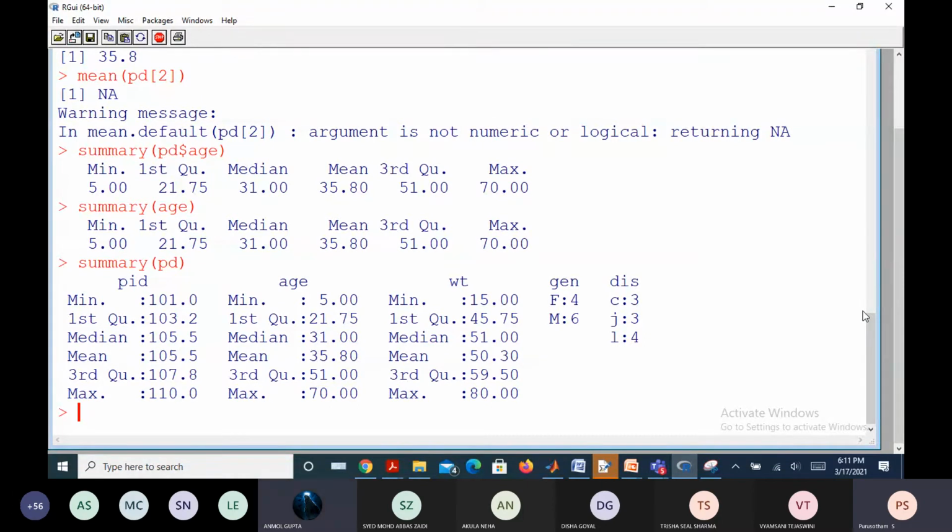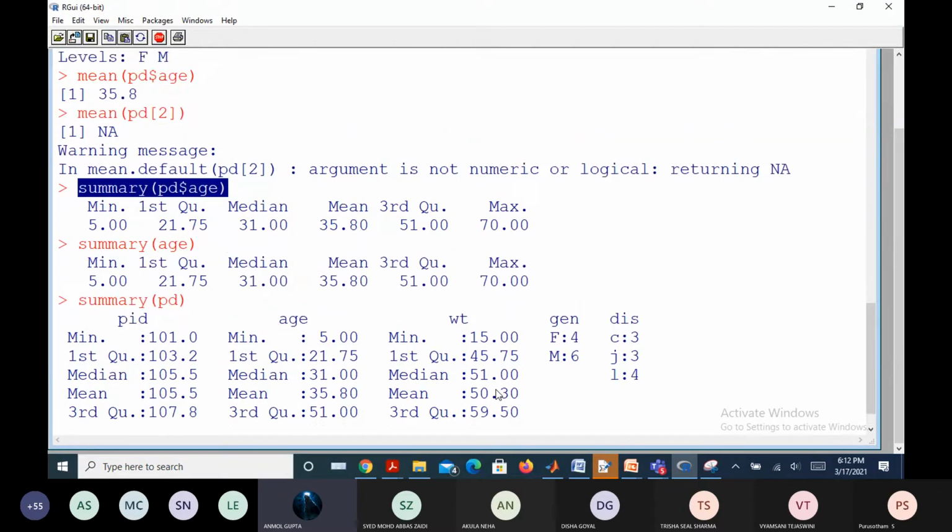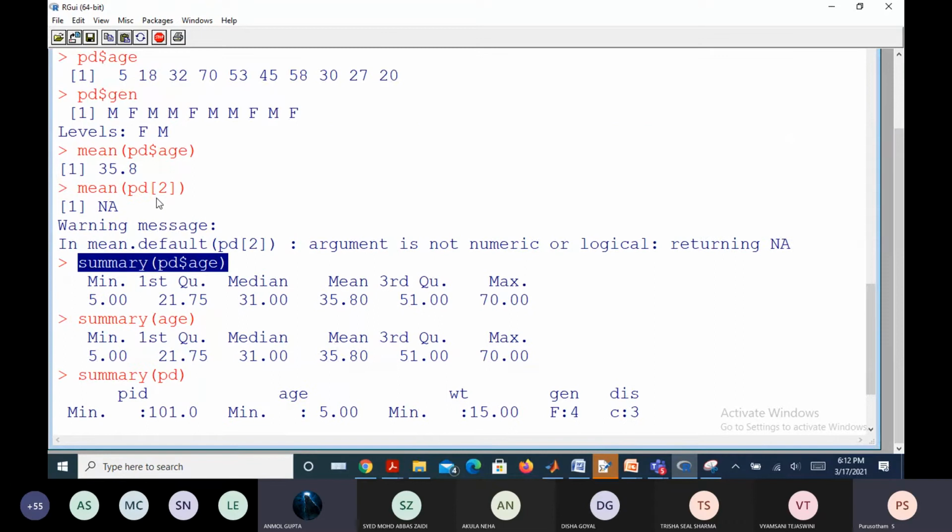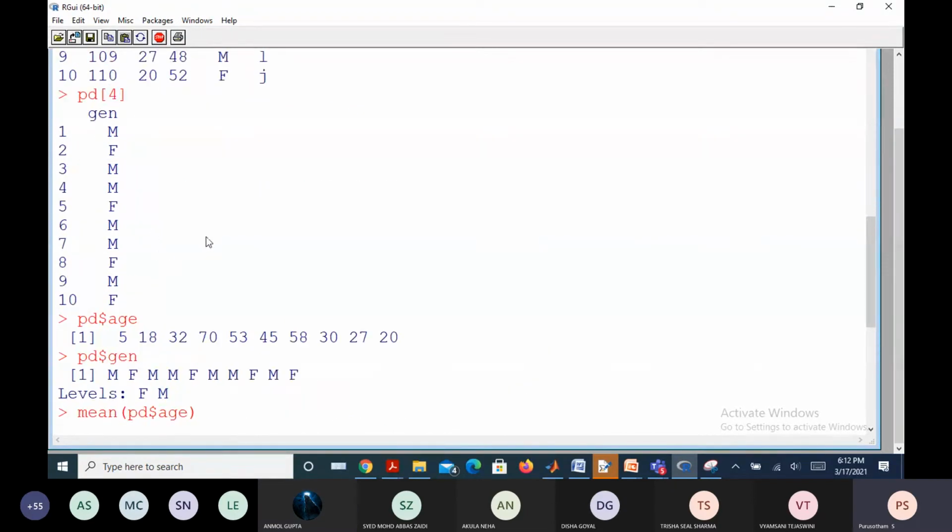If you want the 100 variable summary, you can go for the summary of the entire variable PD. If you want the summary of a particular variable, how do you select that? That will take care of this. But actually my question was that earlier, when we were trying to find the mean of PD in square bracket 2, you said that we are getting an error because it was still in a tabular form. The arrangement is something different here. I understood what you are conveying to me, that this arrangement is taking a different direction.